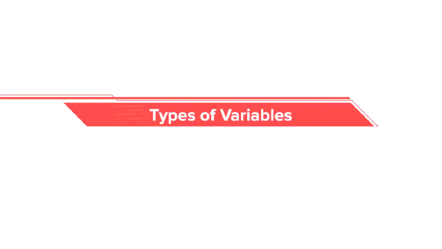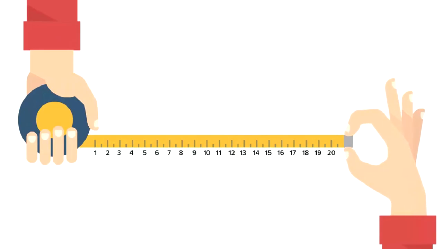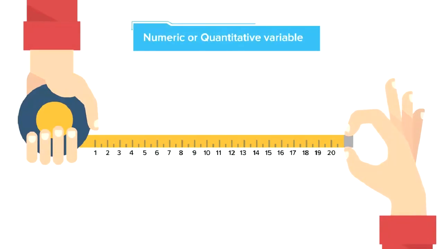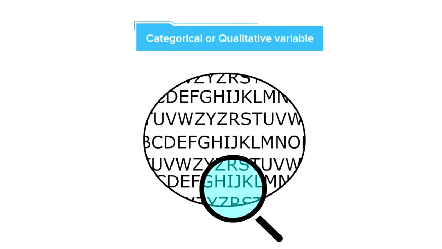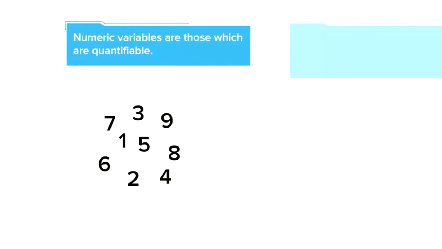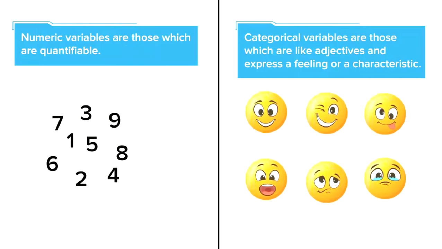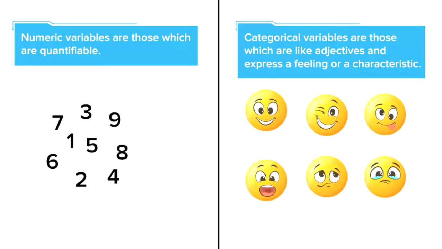Let us now learn about the types of variables. There are two types of variables. One which can be measured or counted and is known as numeric or quantitative variable. The other, which represents a characteristic and cannot be measured or counted, is known as categorical or qualitative variable. Numeric variables are those which are quantifiable. That is, they can be measured or counted and expressed in a numerical format, while categorical variables are those which are like adjectives and express a feeling or a characteristic, but they cannot be